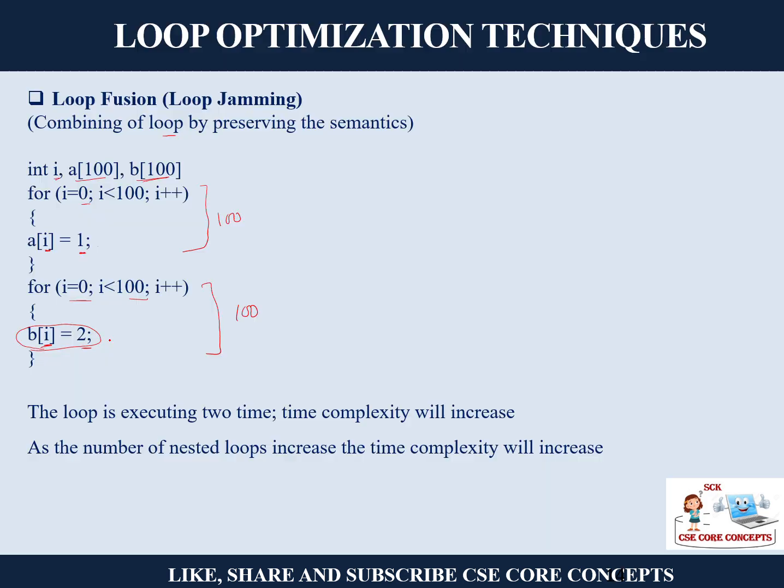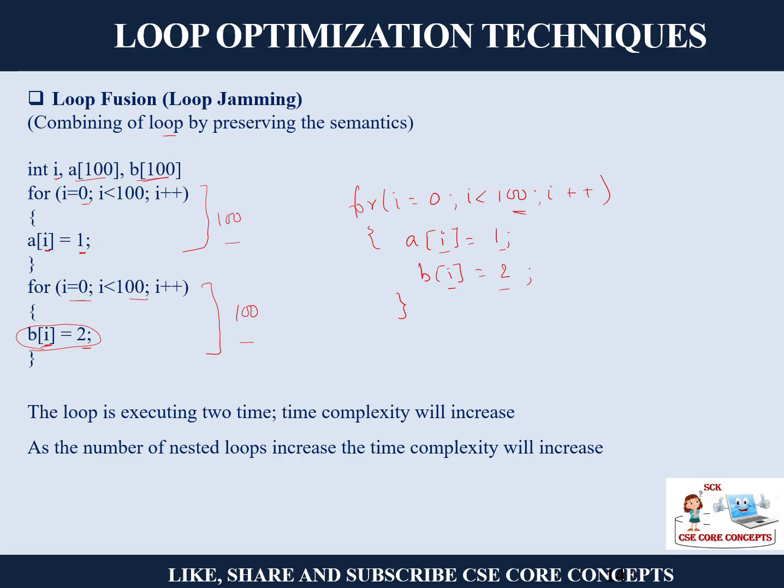So instead of that, what I can do is fuse these two loops together. I can say for i equal to 0, i less than 100, i plus plus. Both the things I can write together: a of i is equal to 1 and b of i is equal to 2. Done. Am I changing the semantics, the meaning of the program? No. What was I doing simply in the program? I was assigning the values of a[i] and b[i]. That I have done. So instead of working 200 times, now the loop will work only 100 times.